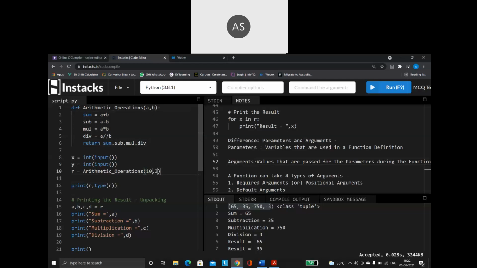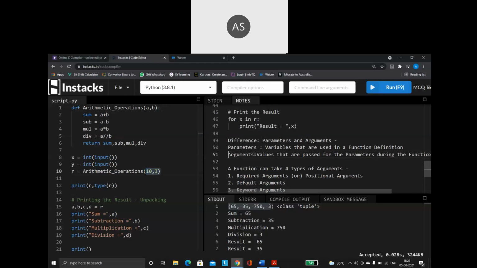The 10 value is going to a and the 3 value is going to my b. So you can either pass variables or pass values directly. Both are accepted. This is what we call an argument. That is the difference between a parameter and an argument.